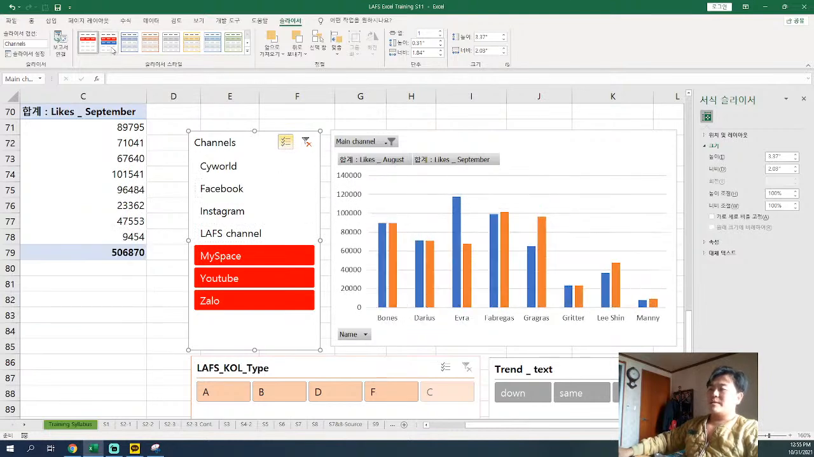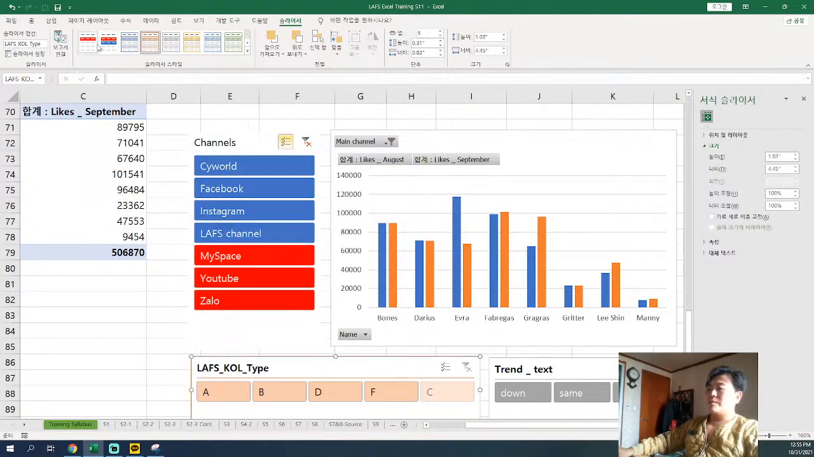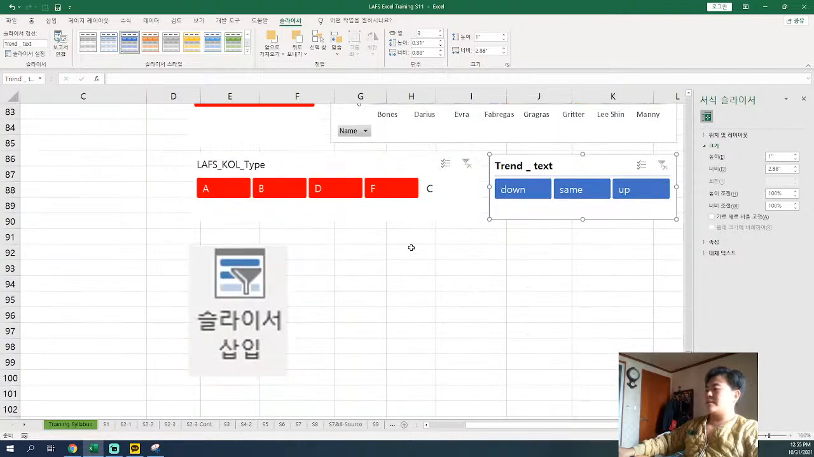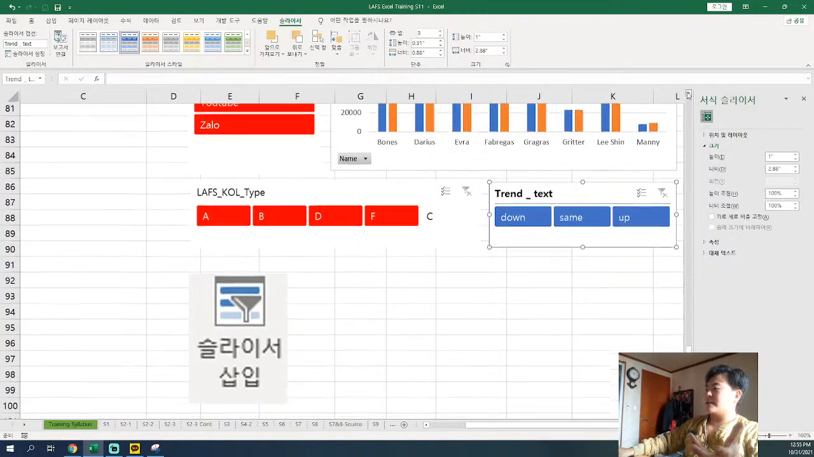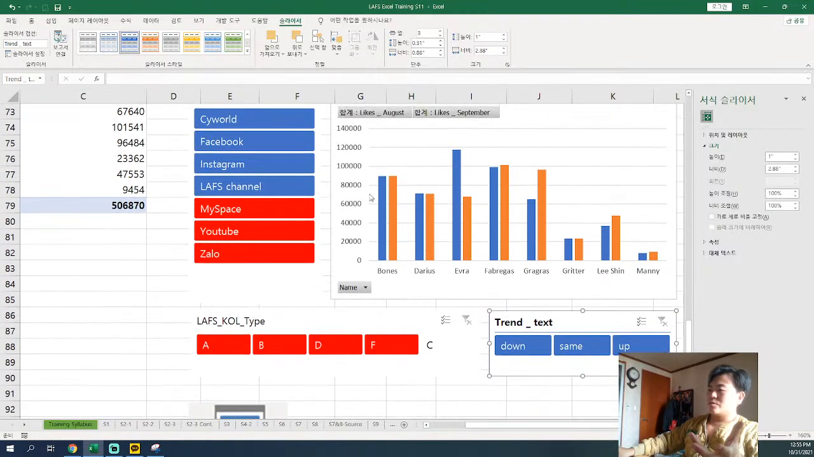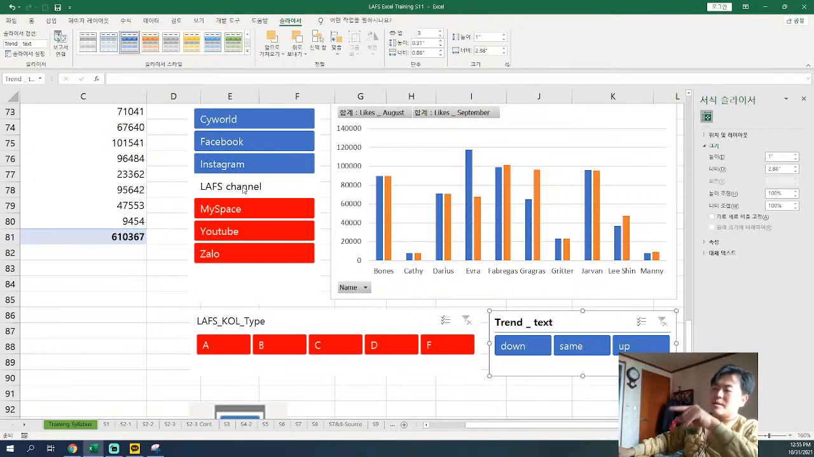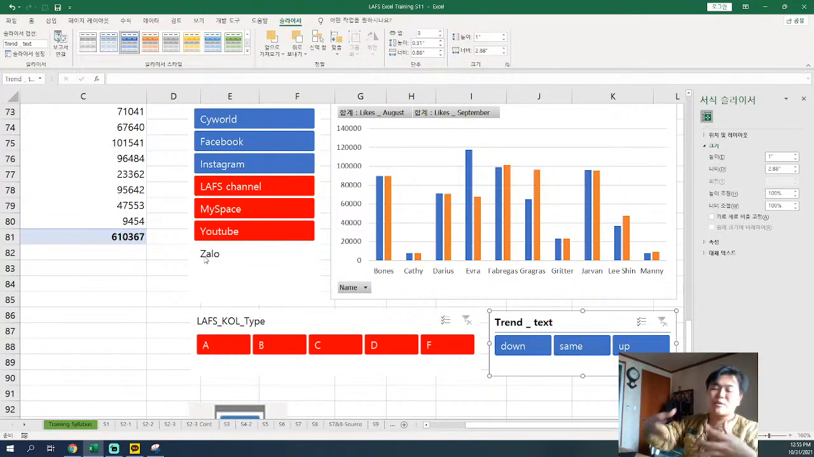Let's say I apply the same style. Go here, go here, go here. So how do we know which data is selected? The red is selected, blue is not selected. If I press that, then I know last channel, MySpace, YouTube, Zalo, they are selected, whereas those above are not. And when I do that, because this is a filter that is interactive,